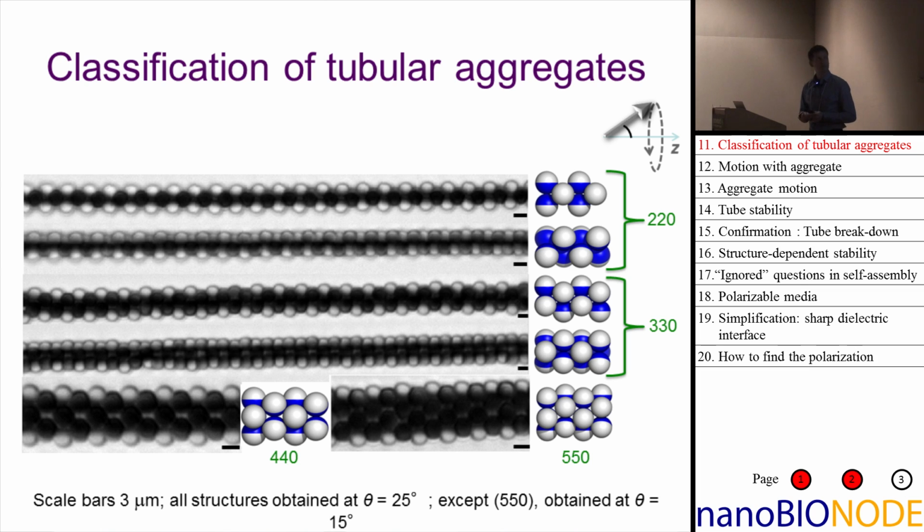In fact, the tubes that you get here, they have a nomenclature here, 220, 330, and so on, that is actually related to the classification of carbon nanotubes. You start with a graphene sheet, and you roll that up, and you can roll it up in different directions. You can also create tubes of different diameters, and that is given by those 3 numbers. In this case, you have no chirality in the tubes. That's why the last number is always 0. So the only thing that happens is that you get different diameters, and that's the first and the second number.